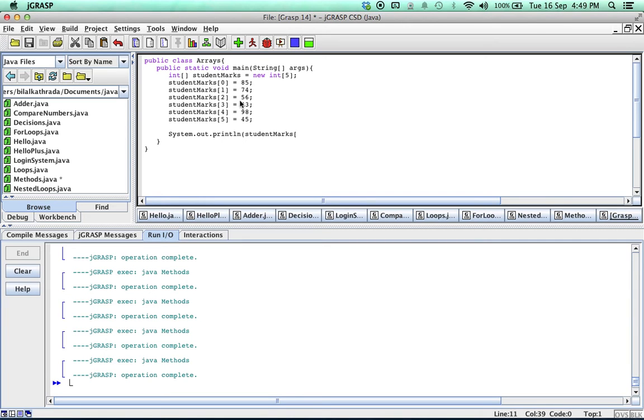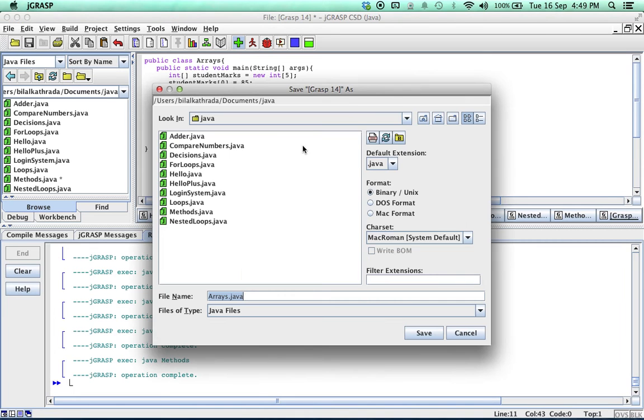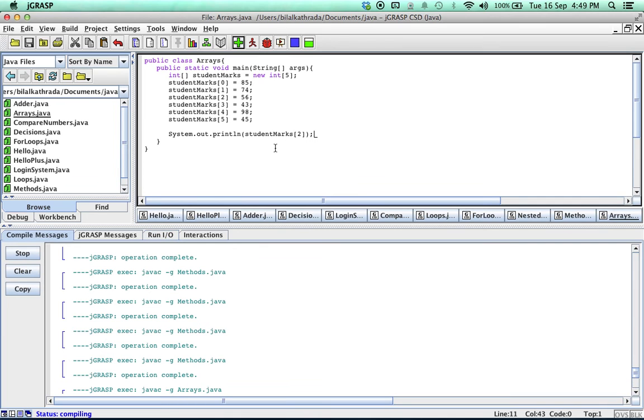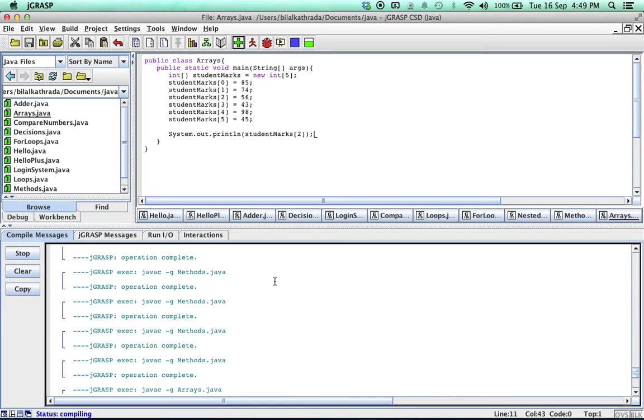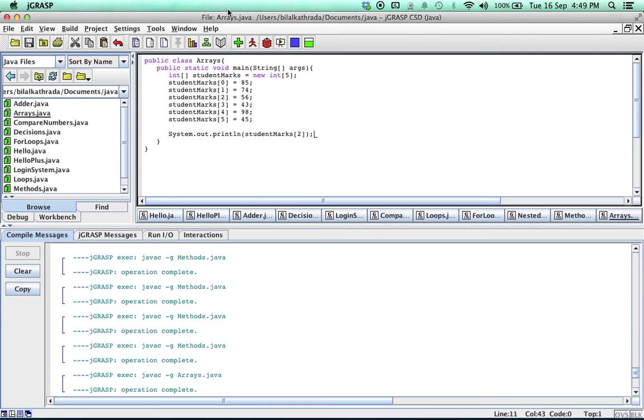For example, if I wanted to output the value of this element, which is studentMarks 2, I simply put in the 2 in there, and that's it. So let's try compiling this code. It's called arrays.java, checked, compiles,